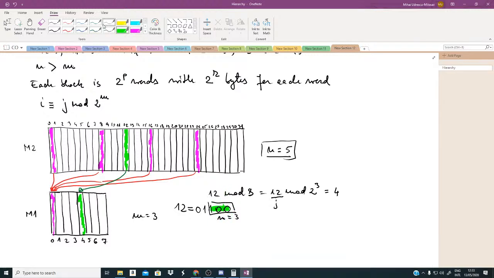Obviously, it's 4, right? It's 4, which is the index, the same index that we were talking about. Now,